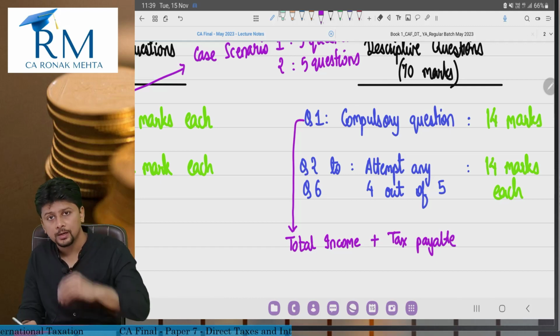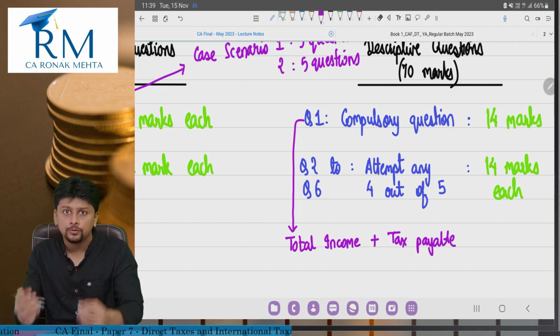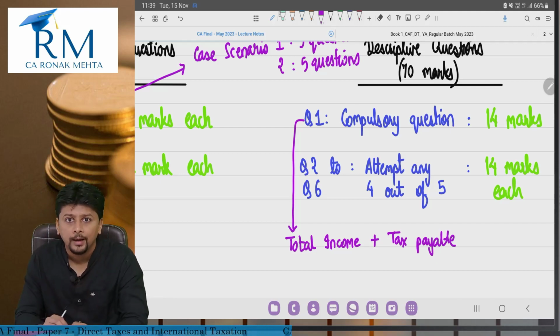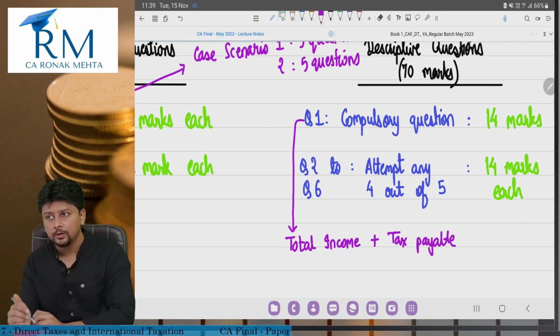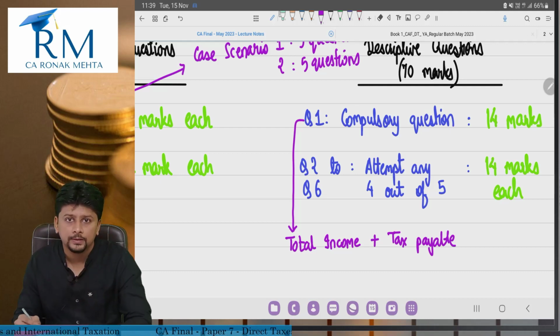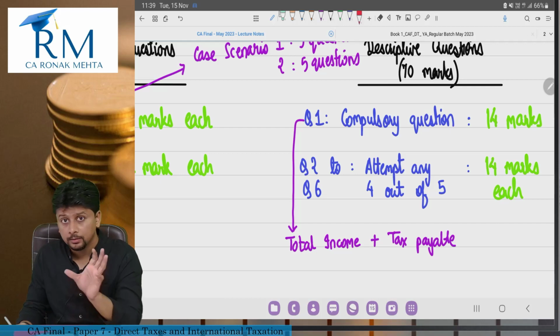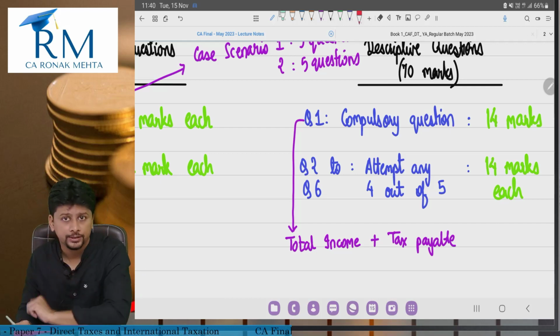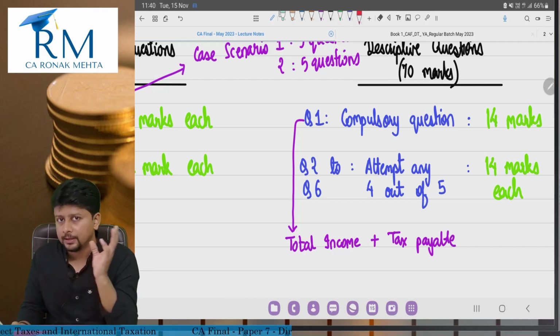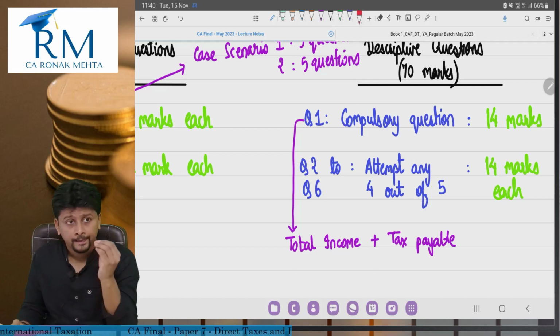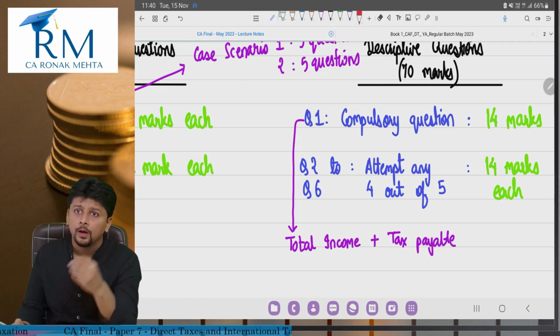Computation of total income itself tires out a student, and when you include tax payable also, it is way too lengthy. But the silver lining, the advantage here, is that you can genuinely predict almost